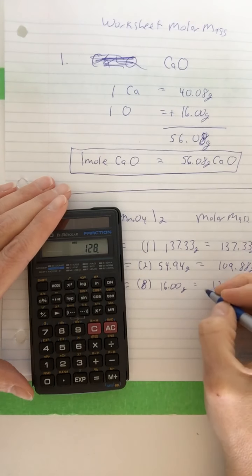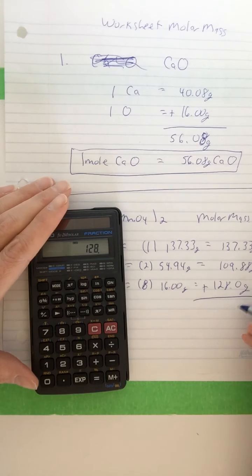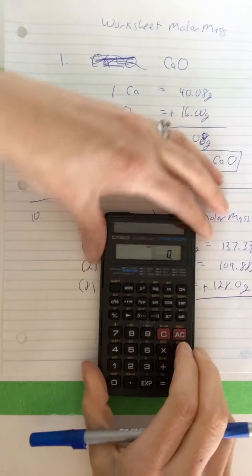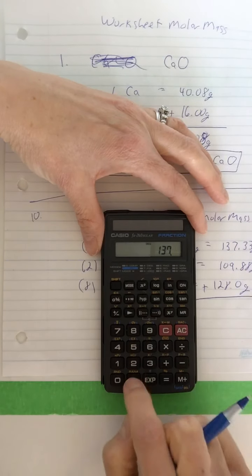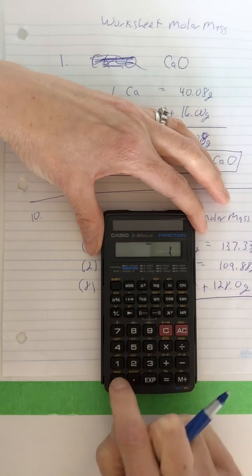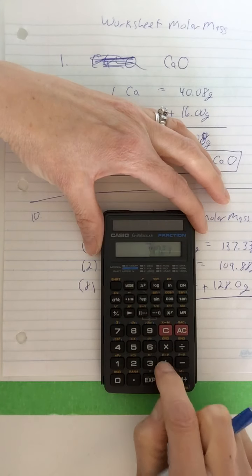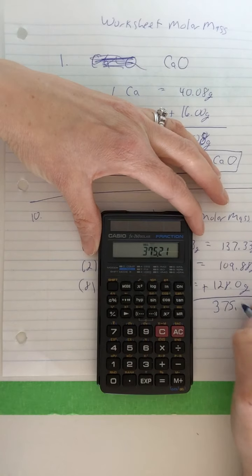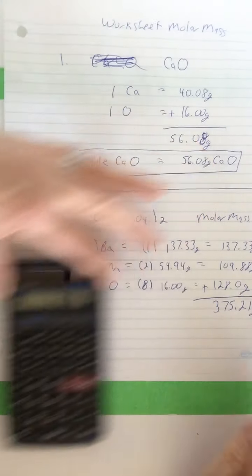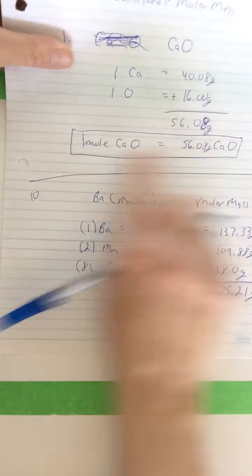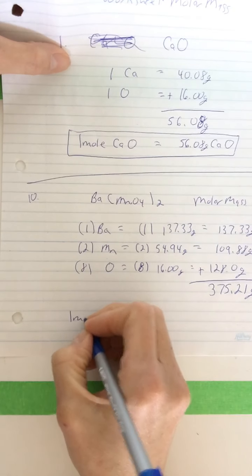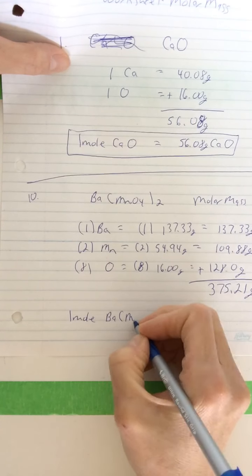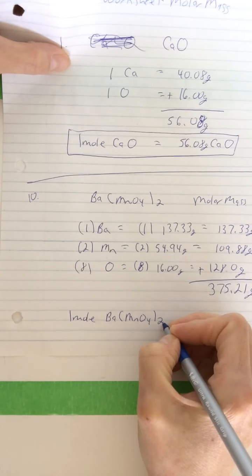128.0 grams. Then I have to add all those up because I need the mass of the whole thing. So I take my calculator, I go 137.33 plus 109.88 plus 128. And I get 375.21 grams. So my conversion unit is 1 mole of Ba(MnO4)2 is